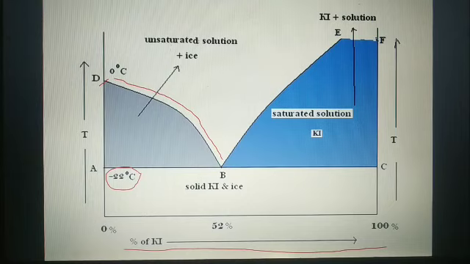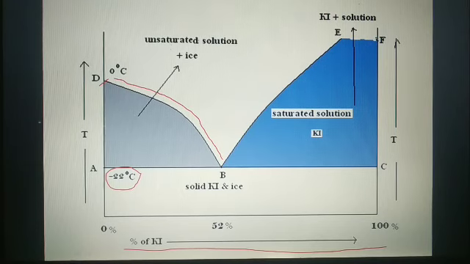How to make the freezing mixture? As you have seen outside in the fair, an ice cream maker is having salt plus ice, so that is going to decrease the melting point of the ice by the addition of the salt. In the same manner here, potassium iodide is being added to the ice and its freezing point decreases up to minus 22 degrees Celsius.